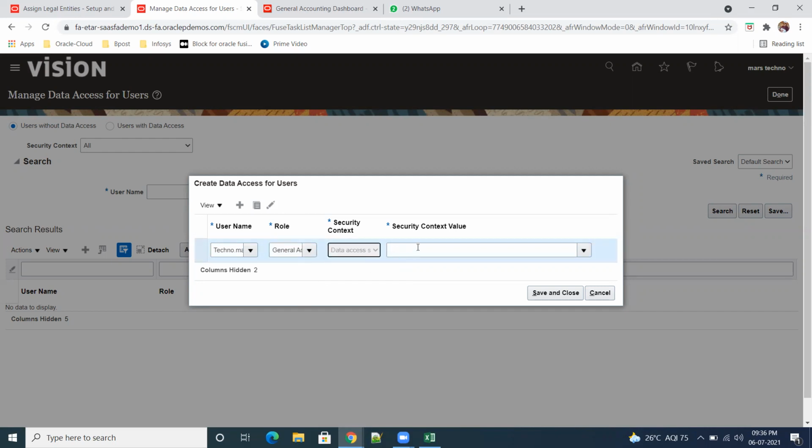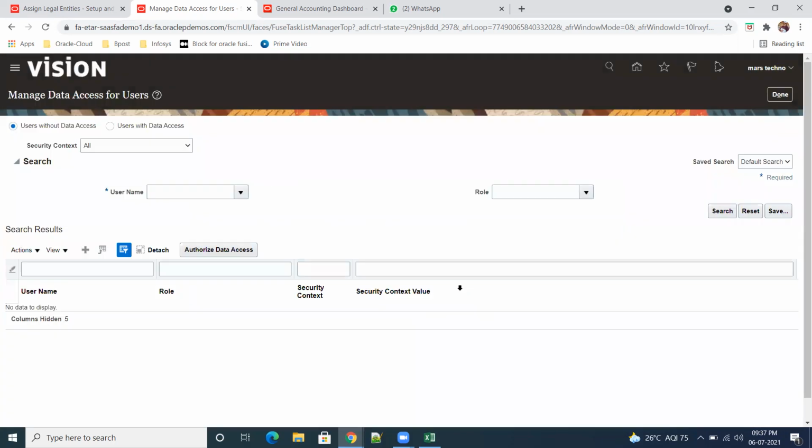So here data access set and ledger, we'll use ABC only. This last one is ours, correct? Yes. But IND also looks like ours, right? I guess ABC primary ledger is the one. But IND, who has done it? Anybody from you, Ramna? No, I did not. Okay, so this particular data access is enough.